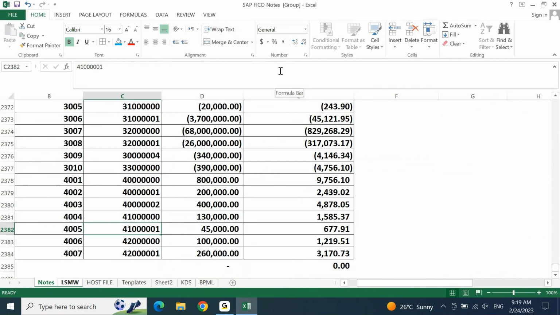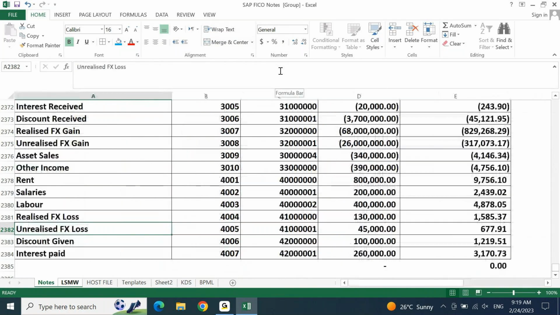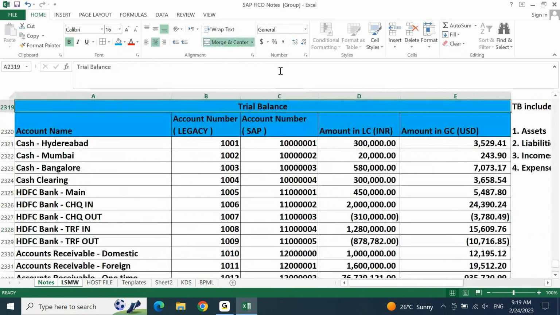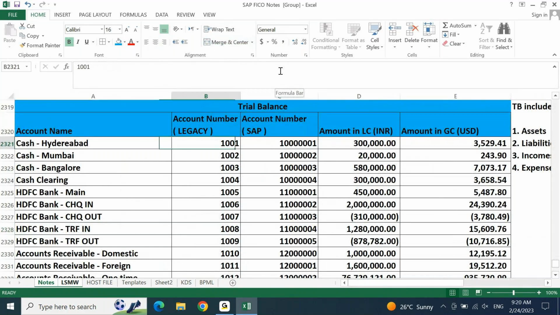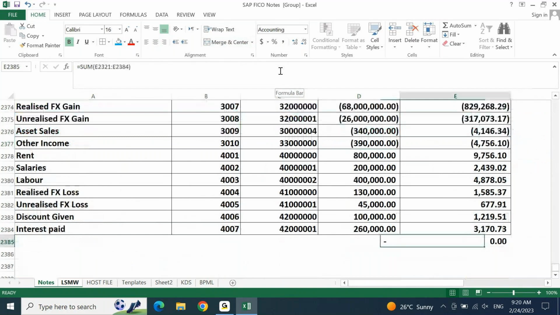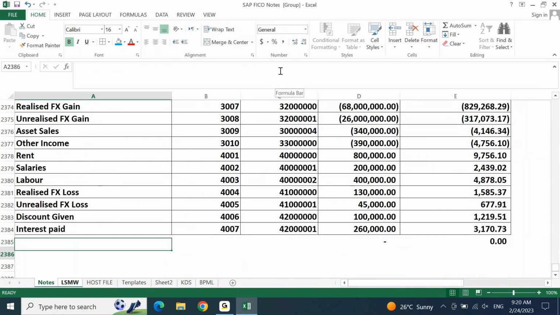Okay. So once you get this, first thing you'll have to look at the trial balance, ensure balances are zero. You're not supposed to get 0.01 also. Even if it is 0.01, you have to adjust that 0.01 somewhere. Once you have this, the next steps will be